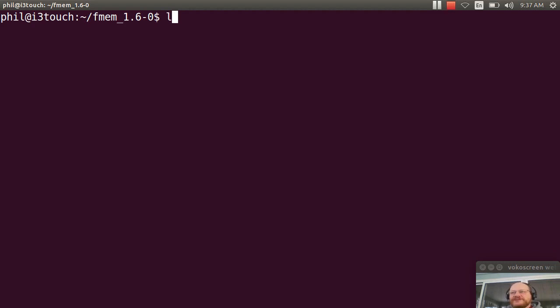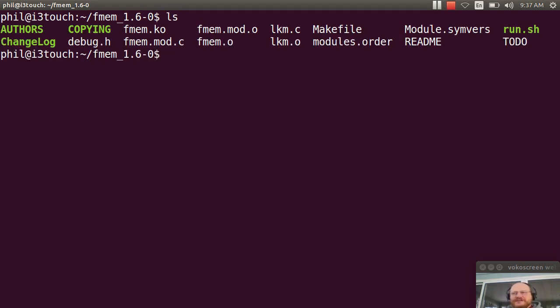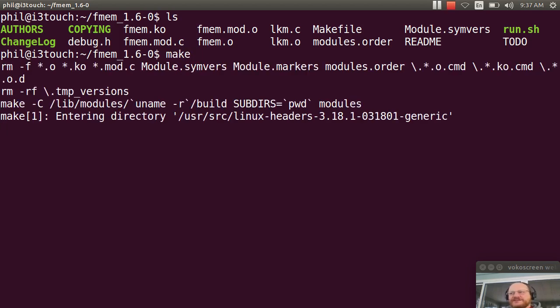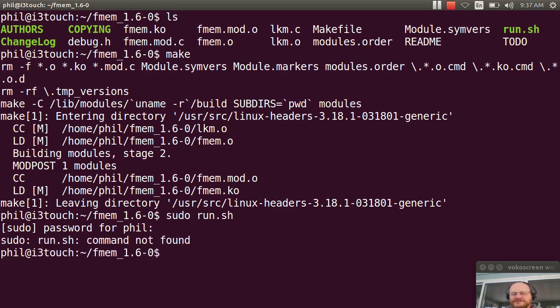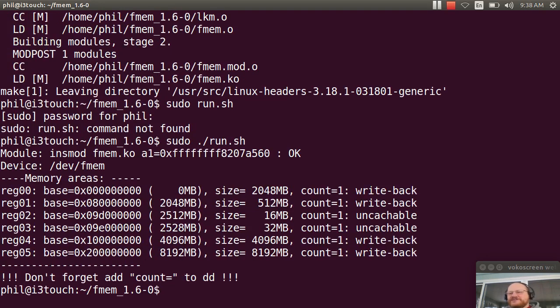So here I am in the directory. It's pretty simple to use. I can just make it and it should go ahead and build my module. And once that's done, I can either do a sudo make install or I could just do a sudo ./run.sh. But of course I have to give it ./ because root does not have the current directory in its path,